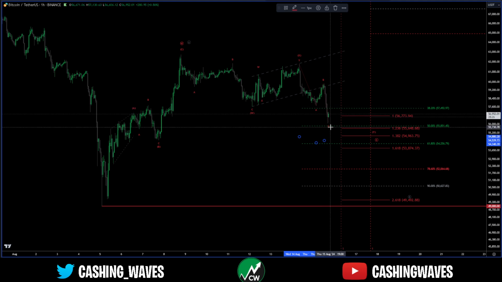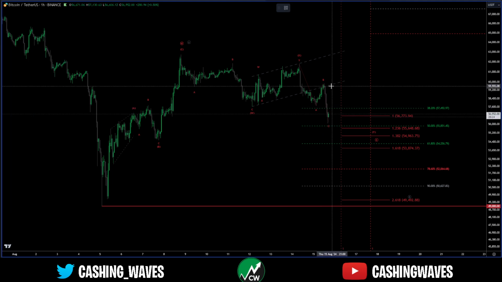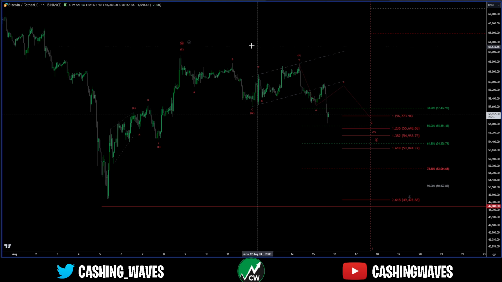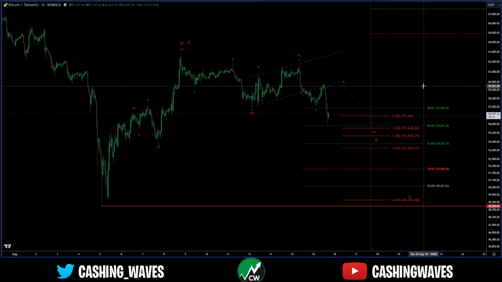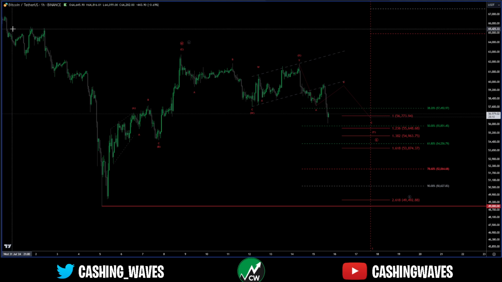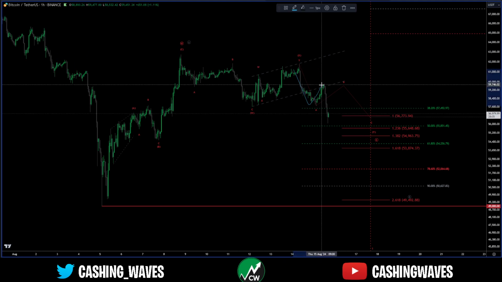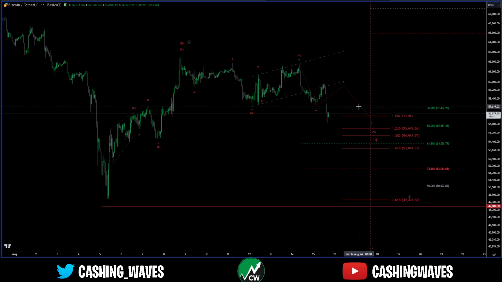That's kind of where we would have liked our C wave to come to, at least a 1-to-1 in time. Again, just a guideline, not a rule, but we have to say, okay, what's fitting guidelines the best without breaking a rule? So in this scenario, my expectation is if this is our A wave, this is our B wave, and this is our C wave, and we are complete,